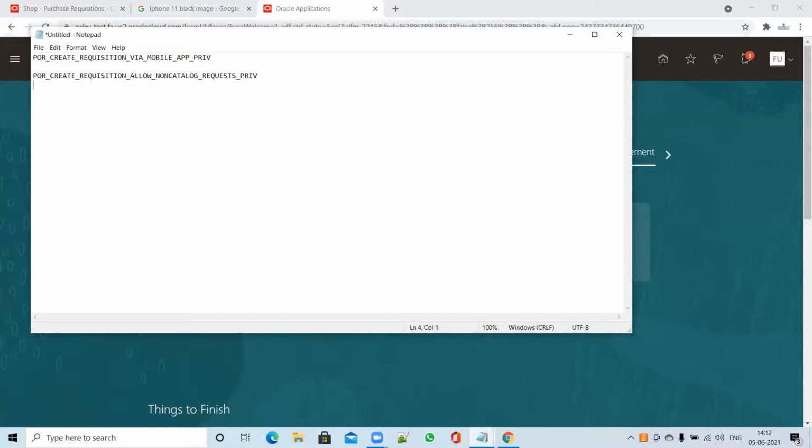If you cannot find it, you can see another name, POR_CREATE_REQUISITION_WITH_NON_CATALOG_REQUEST. You have to make sure you use any one of them. So these two privileges must be assigned to the user.